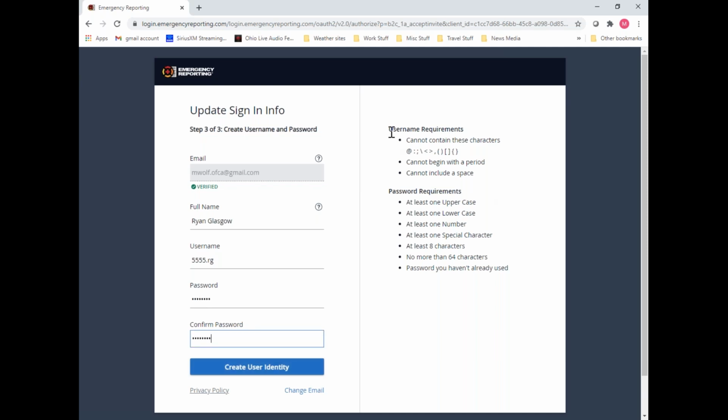Now over here on the right, we've got some username requirements we want to talk about here. Our username cannot contain certain special characters, and you can see leading that row is the @ symbol. So if you're using previously an email address as your username, you will have to change it and go through this process that we're illustrating right now. Also, that username cannot begin with a period. You can use a period in your username, but it cannot be the first character. And in addition to that, you cannot include a space in your username. Password requirements are identical to that, which it illustrates at the bottom of that section. And here we will select create user identity,